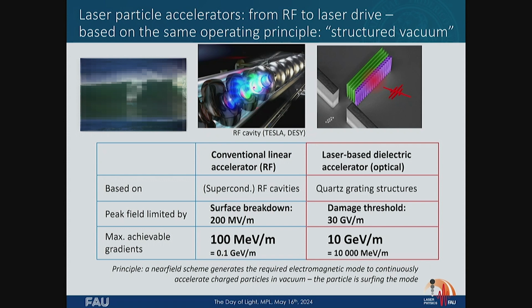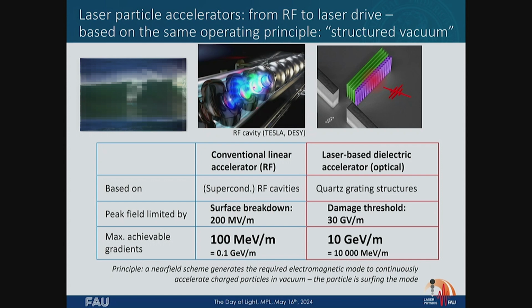This is glass or silicon or whatever you wish. It's a structure that also generates this mode over here to accelerate electrons. And we only need a phase grating, so it's just something transparent that shapes near fields so that you can accelerate electrons. Damage thresholds are roughly a factor of 100 larger if you go to optical frequencies and dielectrics, so transparent structures. And this factor of 100 is what we want to take advantage of. Then you can have factor of 100 larger gradients, then your accelerators can be shrunk by a factor of 100.